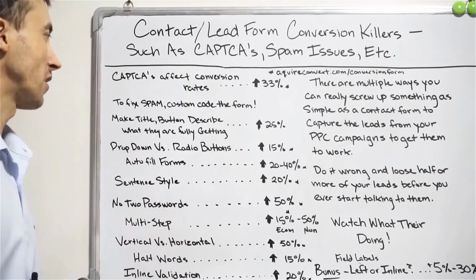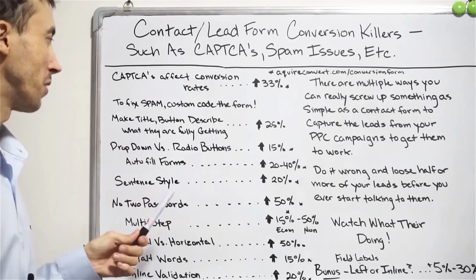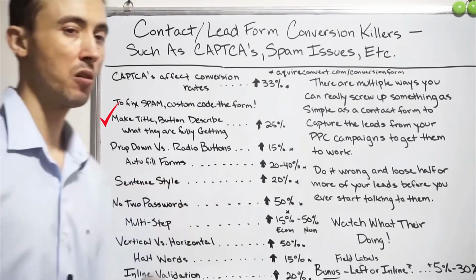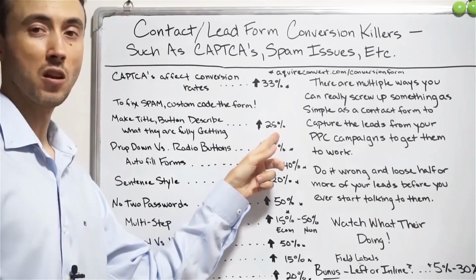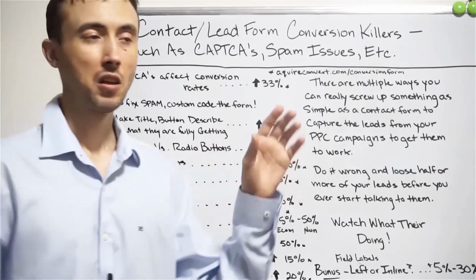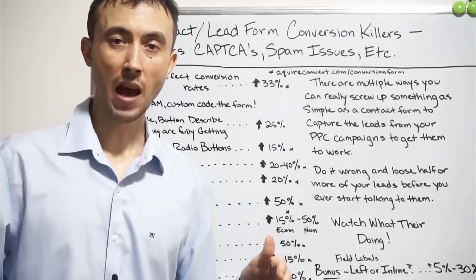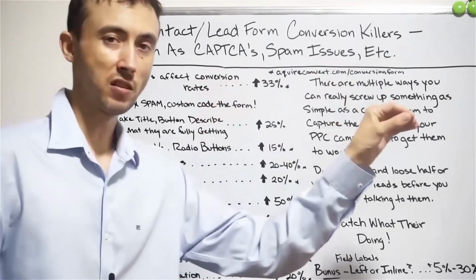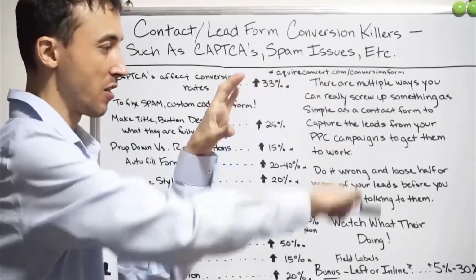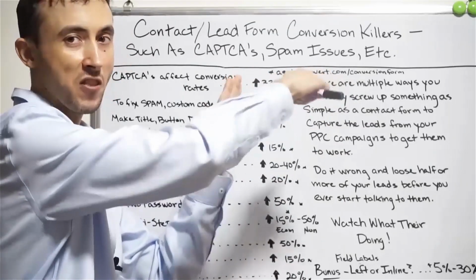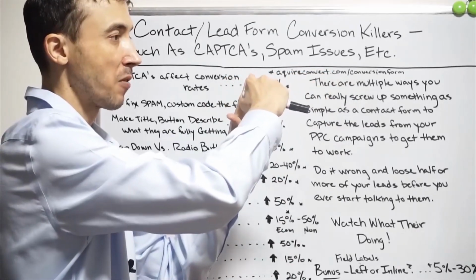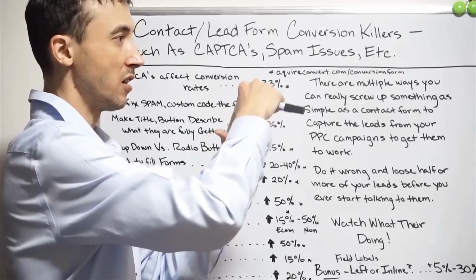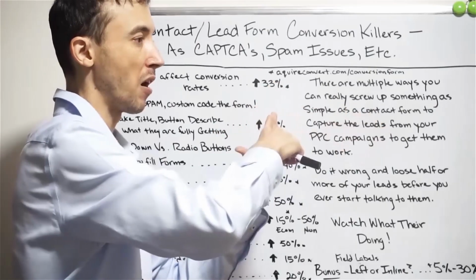So anyway, the next thing on my list to cover is: make the title and button describe what you're fully getting. With this one, you can get a 25% increase. Let's say I have a house foundation repair company. If the contact form says "Contact us" on the very top, which most lazy people would do, versus if it says "Get free foundation repair quote"